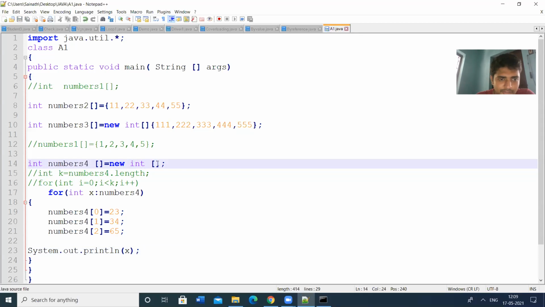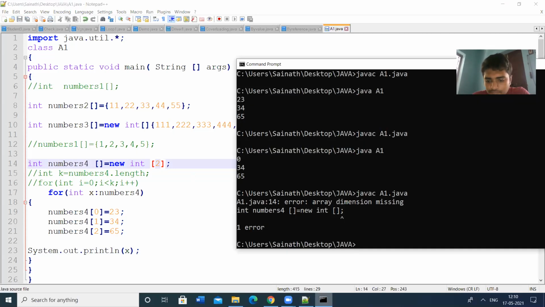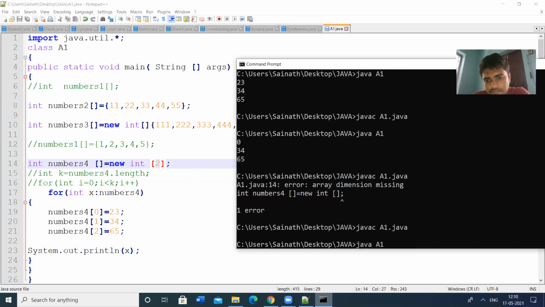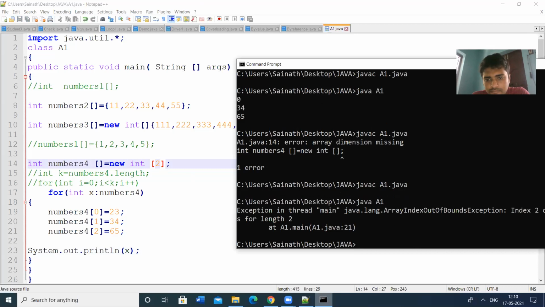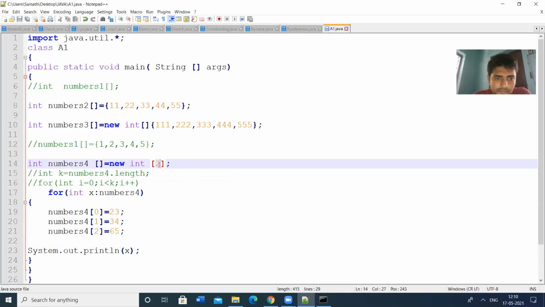So definitely we have to give the size. Let us check by giving the array size, otherwise we get an array index bound problem. Let us give the array size 4.